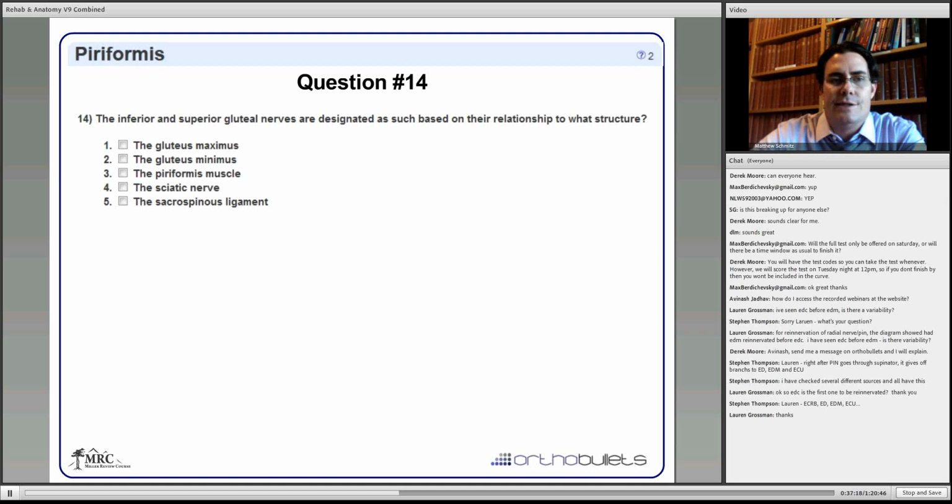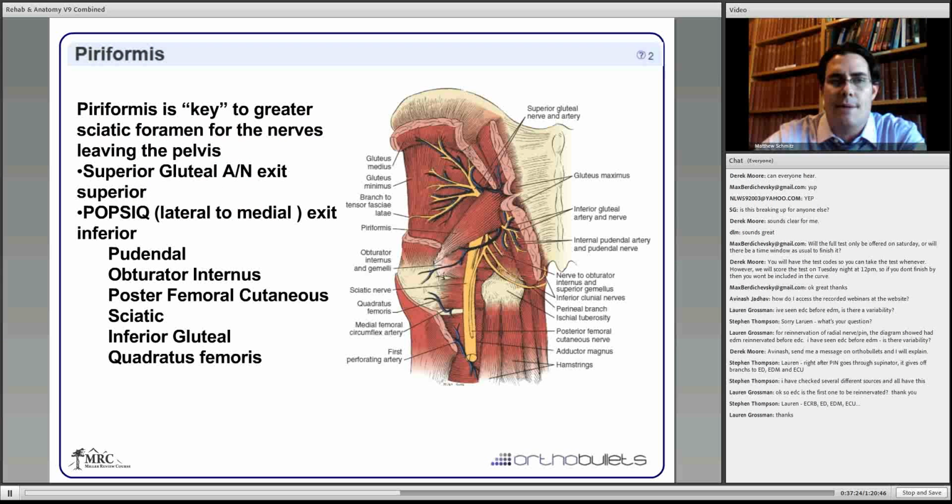The inferior and superior gluteal nerves are designated as such based on the relationship to what structure? This is what we were talking about earlier. So when we talk about the nerves leaving the pelvis, the piriformis is the key to the greater sciatic foramen. What I mean is that the superior gluteal artery and nerve exits superior to that piriformis, whereas almost everything else